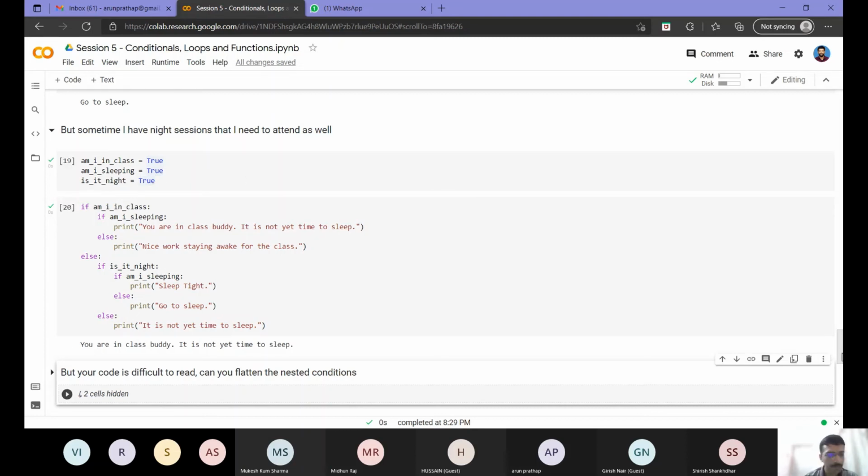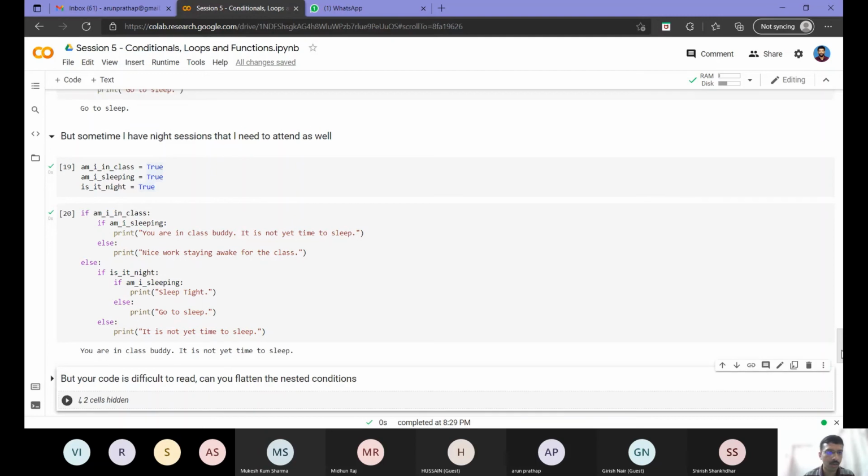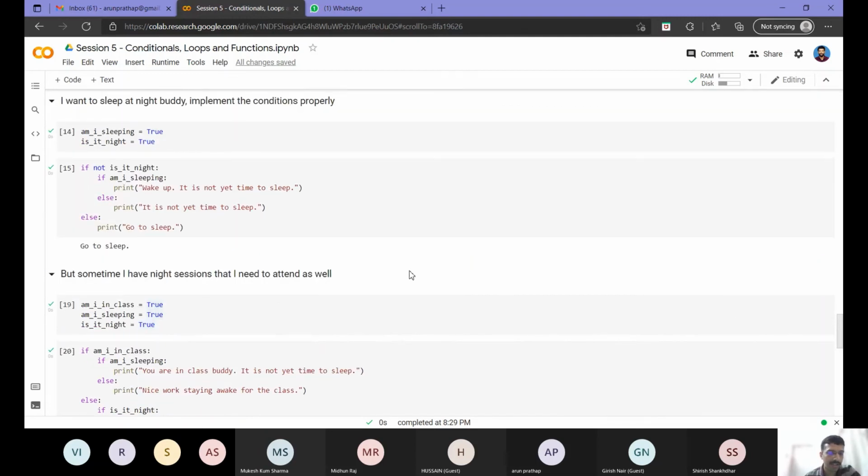So now Amrit wants me to explain the nested loop in more detail, so I will go back there. So I will explain this example, right? The first thing you need to note is the indenting. So this if is matched with this else, right? That means that if the condition inside this if is not true, then whatever is inside the matching else, the indent-wise matching else, will get executed, right?